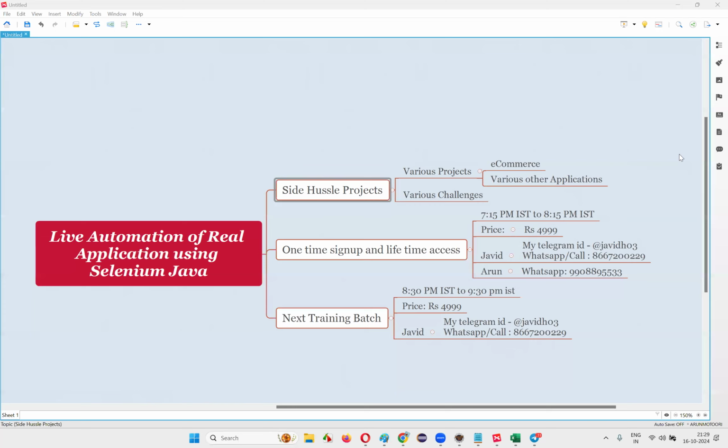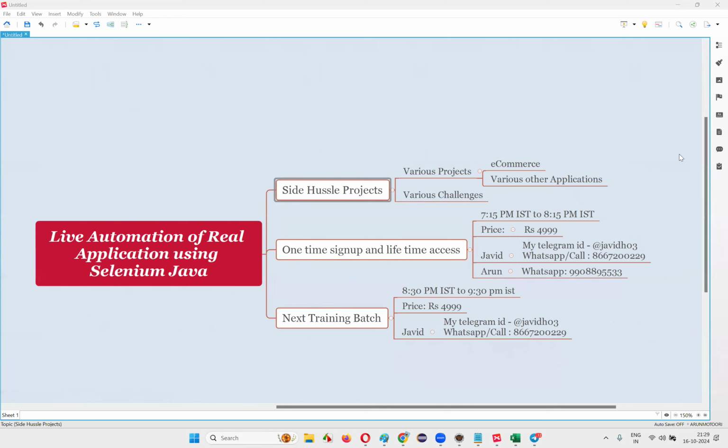Here, simple thing guys, in training, teaching will be there. In live automation, implementation will be there. These are two different batches. If you want more implementation, you have to be part of this. If you are already knowledgeable and you want to explore more and do more side projects, you have to be part of this. Otherwise, you have to be part of training, or you can be part of both also. If you need both, you can be part of both. That's the plan.